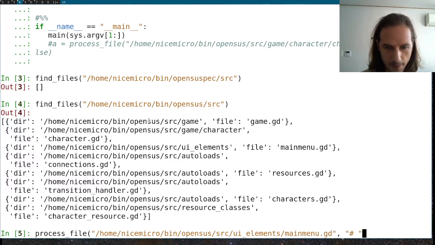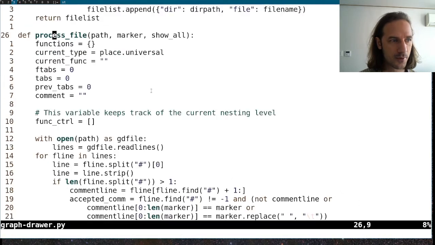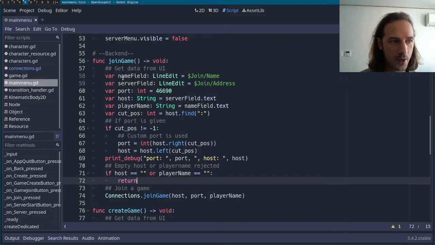One is going to be this. This is the marker, so this is a hash and a space. And we just need to give 1 hash because this Python script already knows that in Godot the comments are started with a hash. And we can only have these descriptions inside comments, of course. So we have to give an additional hash and a space to start that kind of descriptive comment. And then false will be the 3rd parameter, the show all parameter. If I give true here, every line